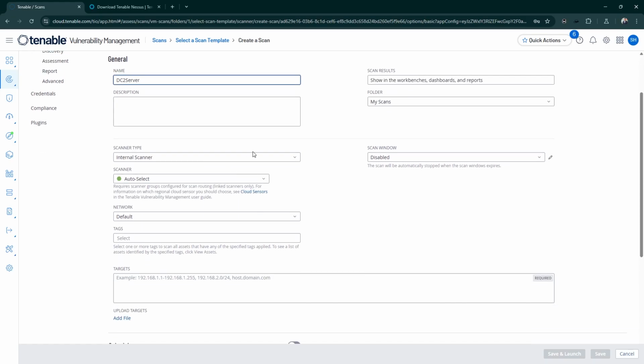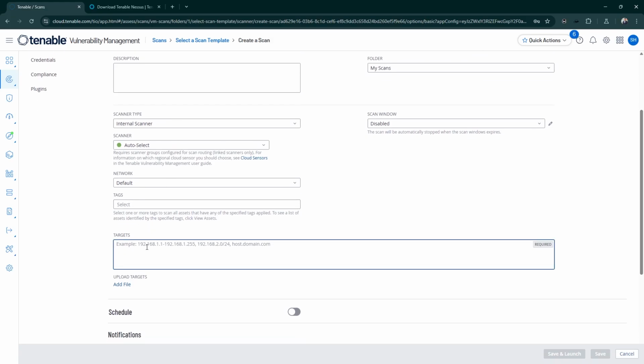then enter the target IP address or host name. My target IP is 10.32.11.254,